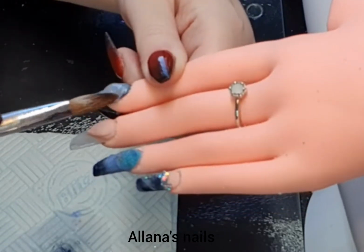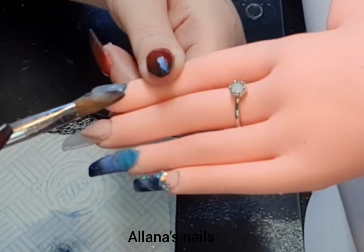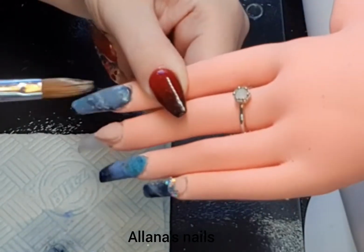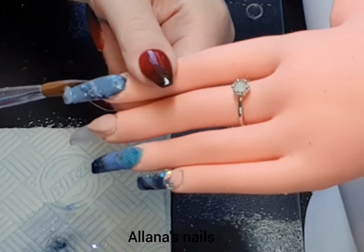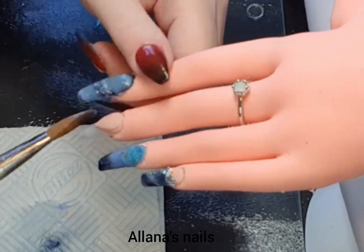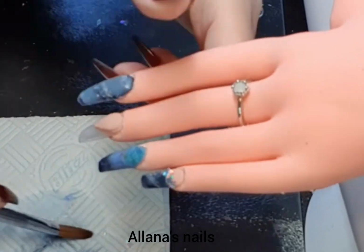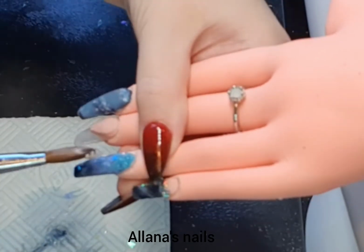Yeah, so I covered the whole nail with that, and it looks really nice actually. And then now I'm just going to cap all the nails. So I tried to use the one bead method today, putting on a medium to large bead at the cuticle and then walking it down, and then just come in at the tip and just blend back, and then I go over with just a small wet bead just to blend out the whole area, just to keep it nice and smooth, to cut down on my filing later. So I'm going to cap these 3 nails now,